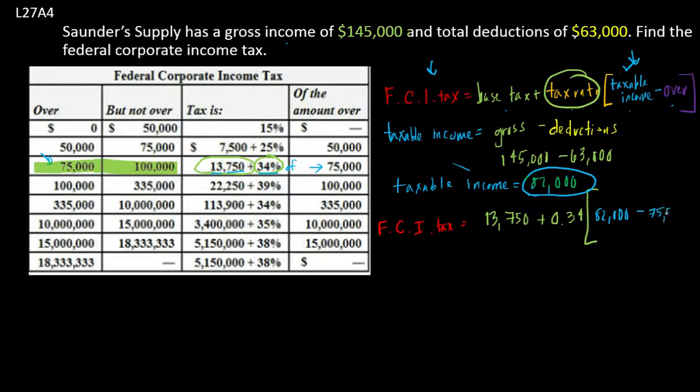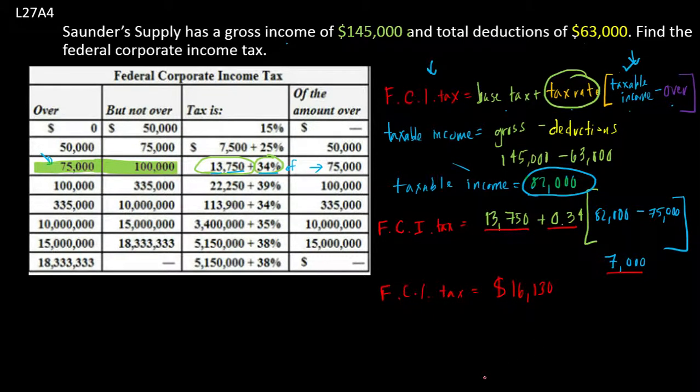So 82,000 minus 75,000 is 7,000. So we're going to take our base tax of 13,750, and then we're going to calculate 34% of 7,000, and we'll take that number and combine it with that base tax for a total federal corporate income tax of